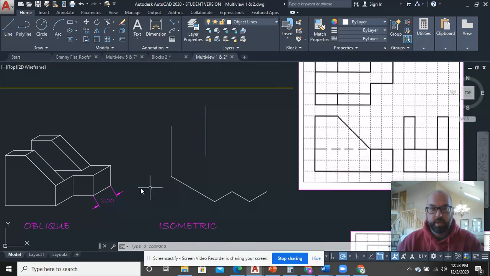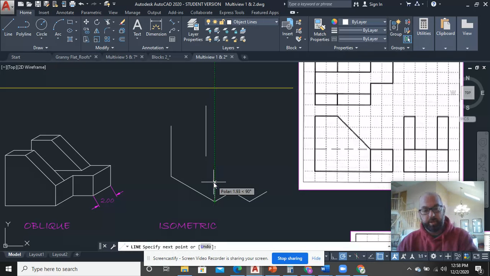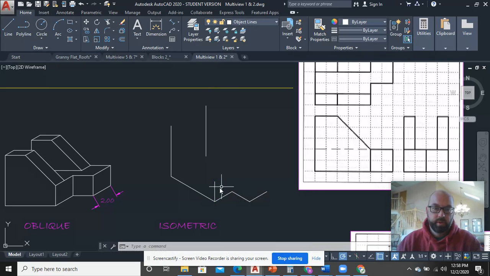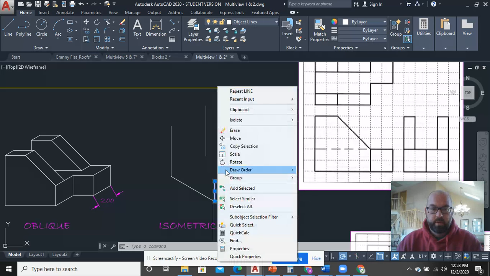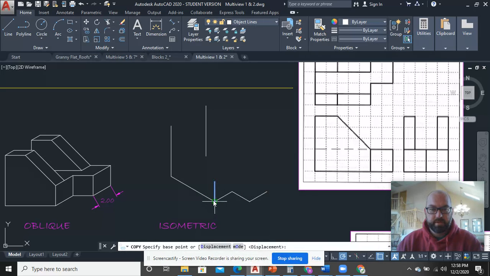It's interesting because once you draw the oblique, you don't need this anymore. You have all your dimensions. So you go down here and say, okay, I'm going to go up 2. Boom. And now you get to go ahead and copy this and say your favorite thing, which is drop it